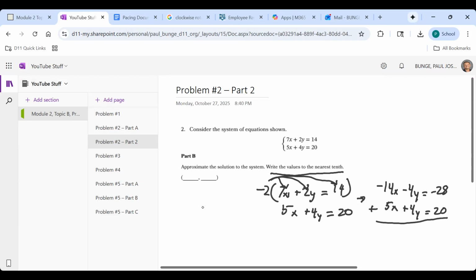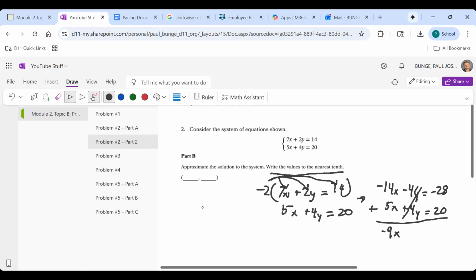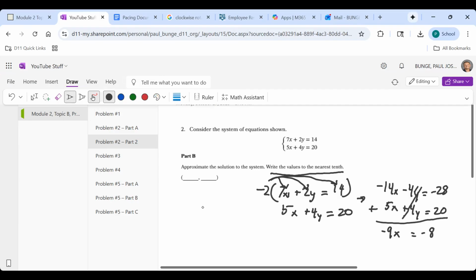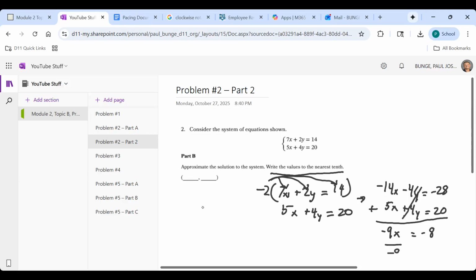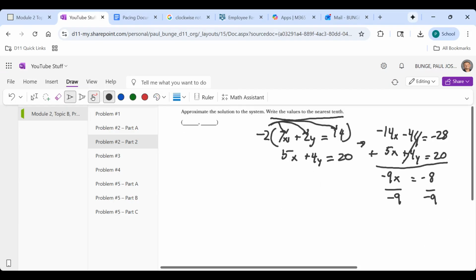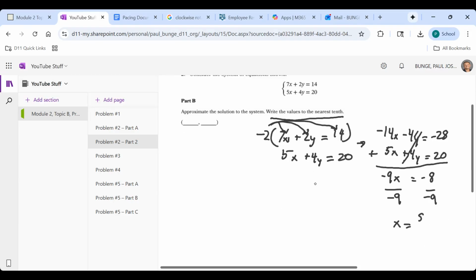Okay, -14 plus 5 gives me a -9x. Okay, and then my y's are going to cancel, and I'm left with -8. So when I divide by -9 and divide by -9, what I am left with is that x equals a positive 8/9. Now, if you did this in your calculator, which I'll let you use on the quiz,